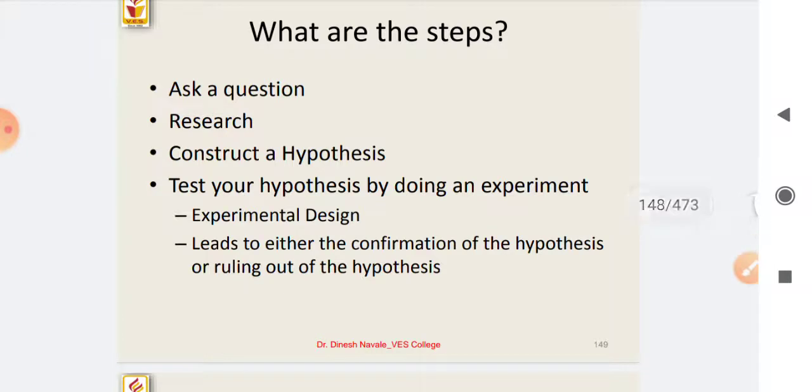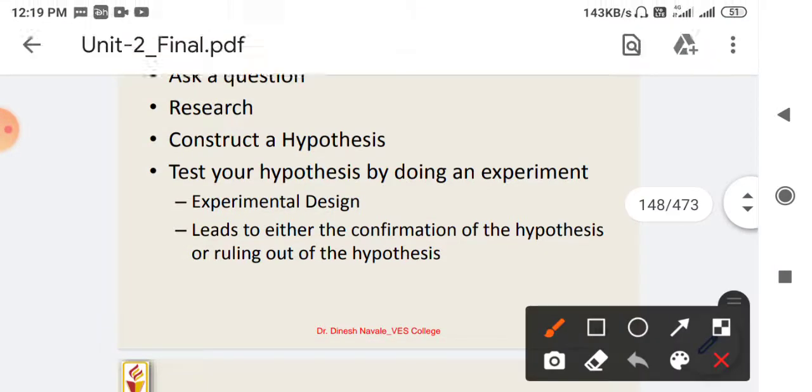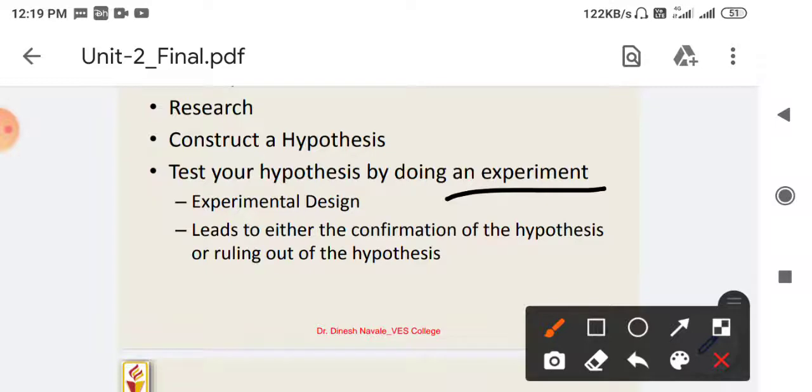Once we have constructed the hypothesis, then we need to test our hypothesis by using the experiment. Once we have got the hypothesis or the expected result, then we have to make the experiment. For the experiment, what is important? First of all, we need to have a certain experimental design or experimental procedure, one which is already known to us, or we need to use the various experimental procedures available with us and try to figure out the most suitable procedure which will give the better result for the given samples.